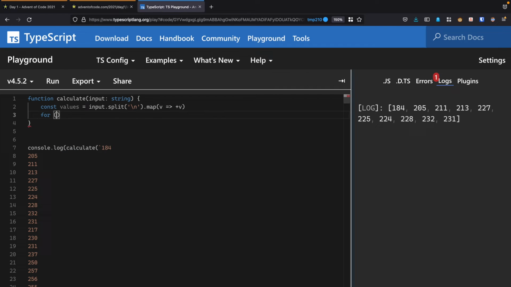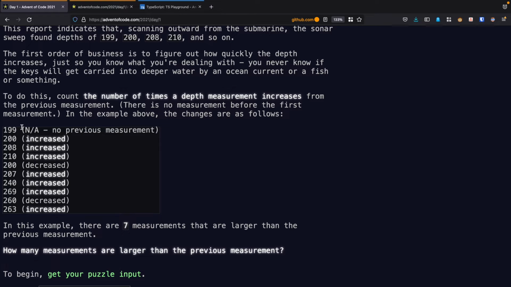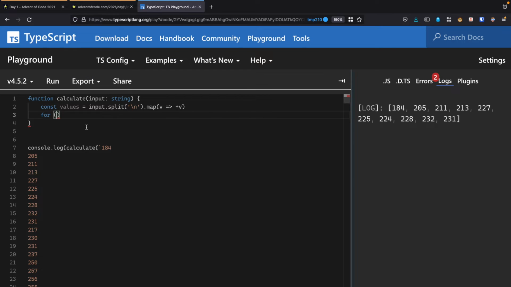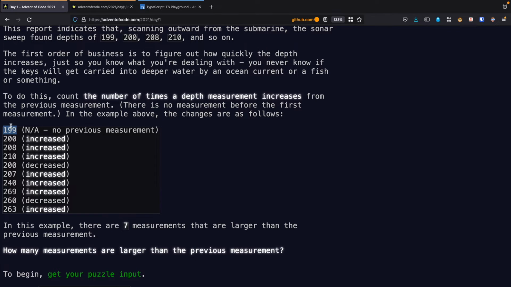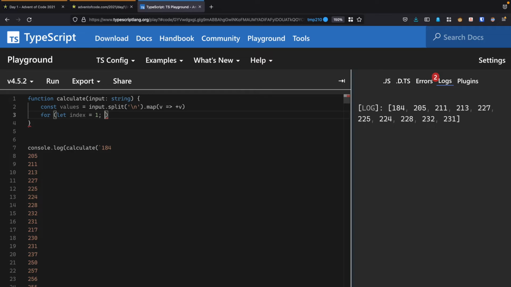Then we'll need to loop through the values, right? And as you saw in the example, you don't consider the first value because the first value doesn't have a previous value, so you'll just consider the values that come after it. I think it's just a simple for loop for now. So let's say the index starts from 1. So this would be the 0th index, and this would be the first index. And then we'll do that as long as the index is smaller than values.length,